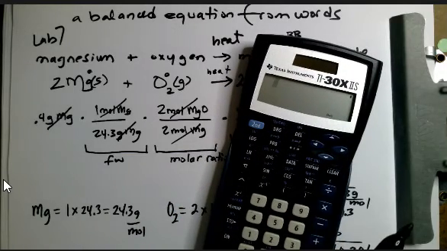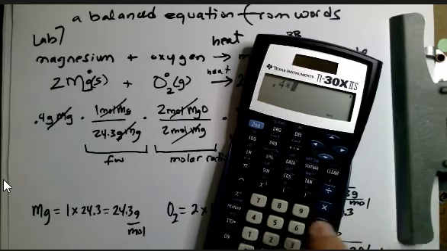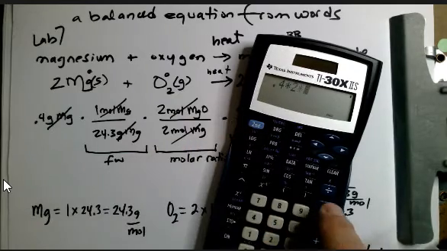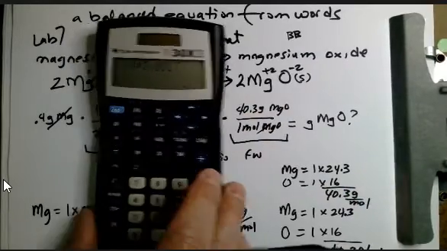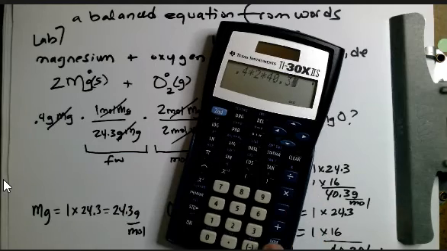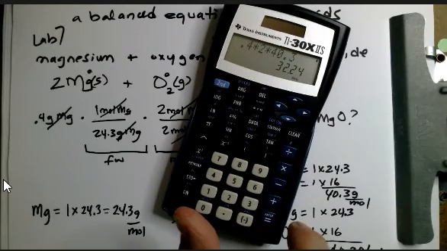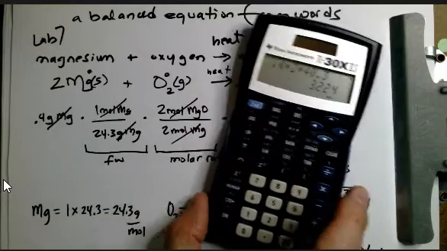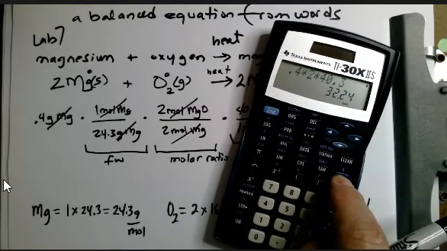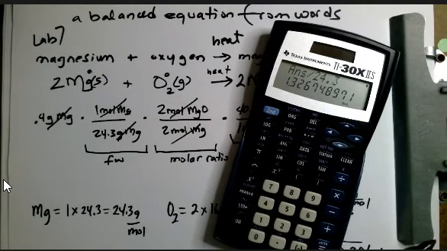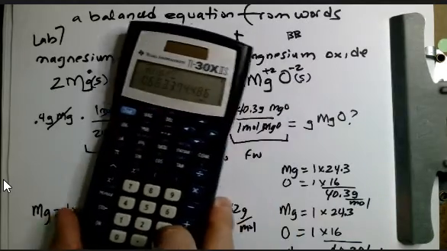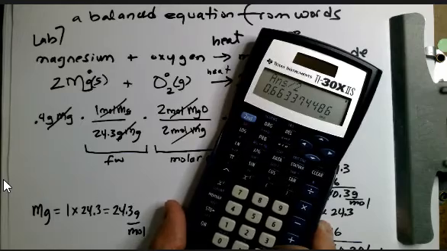We've cleared it out. Let's say 0.4 multiplied by 2 multiplied by 40.3. Okay, can you see that? And let's hit enter, and I've got 32.24 divided by 24.3, enter, divided by 2, enter. Yeah, we get about 0.66,